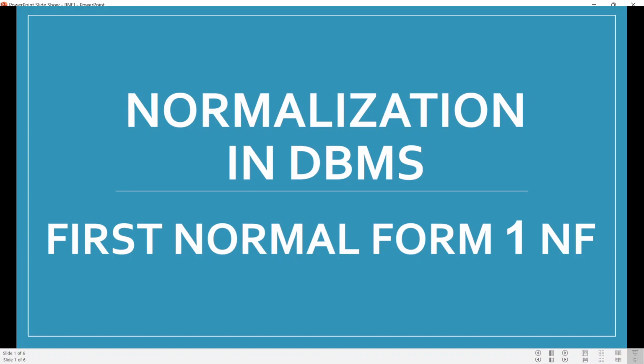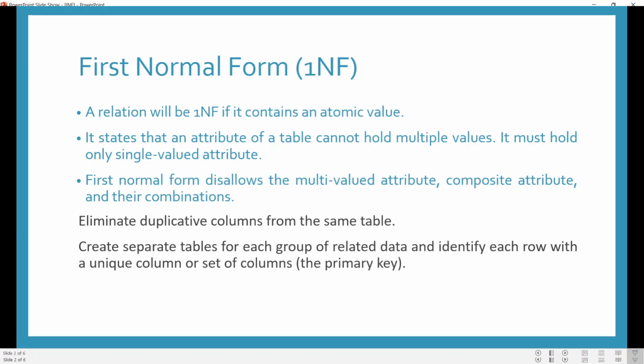So we have various normalization forms. One is first normal form, then second normal form, third normal form, Boyce-Codd normal form, fourth normal form, etc. So here we will see what is a first normal form, or in short we call it 1NF. A relation is said to be in first normal form if it contains